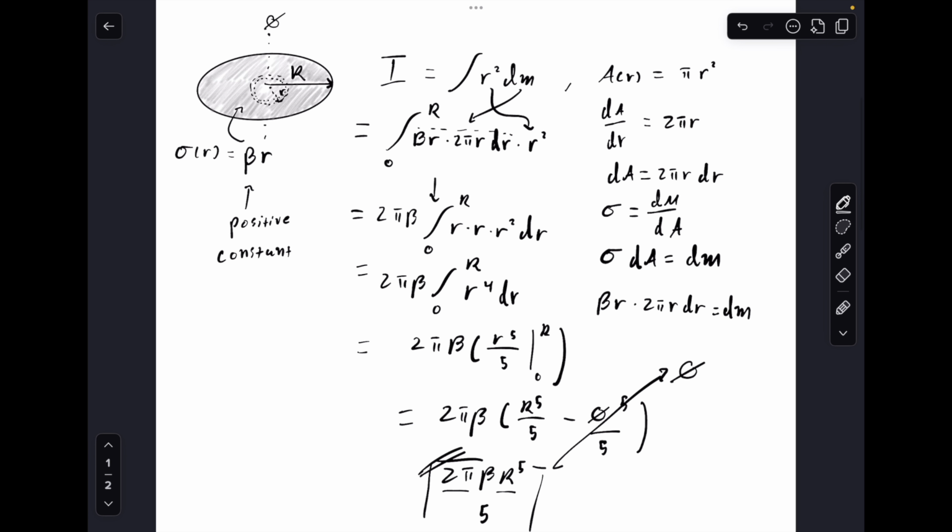Hopefully this helped. I know it helped me when I first saw that little rectangle thing, because now you know two ways to think about it. Now that you understand taking out little hoops and knowing that the rotational inertia of a hoop is mr squared, you can just sum up all those little hoops and eventually that will give you a disk, right? But yeah, hopefully that helped, and I hope you guys do well on AP Physics C,